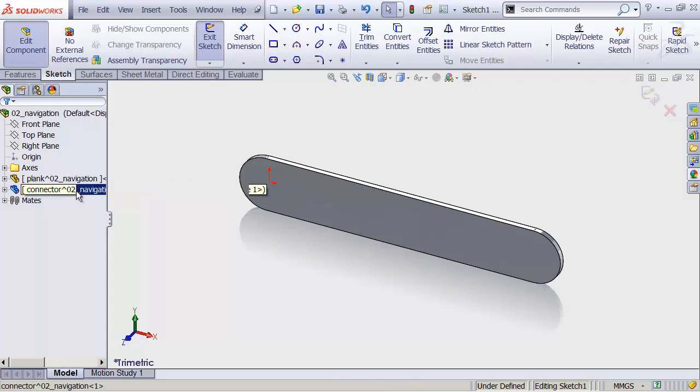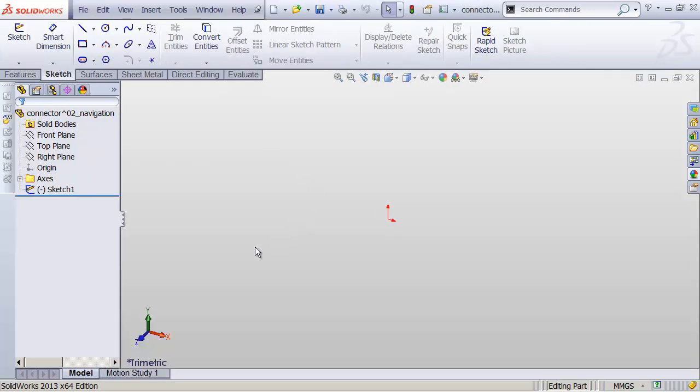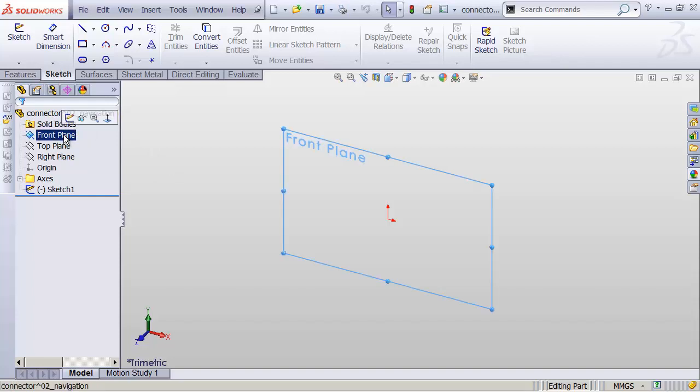So let's right-click on this guy and head up to the top here and click on Open Part. That's going to open this in its very own blank window. The rest of our assembly is gone. If you look in our tree over here, we no longer have the assembly visible. We just have our connector 2 Tetris piece and the stuff underneath it. So to create an object, let's grab the front plane here, and I'm going to click on the Sketch button